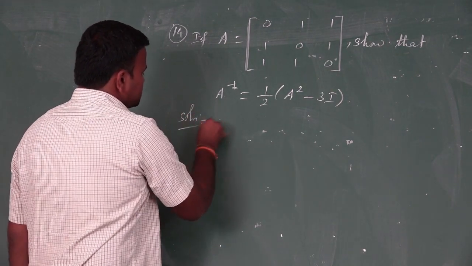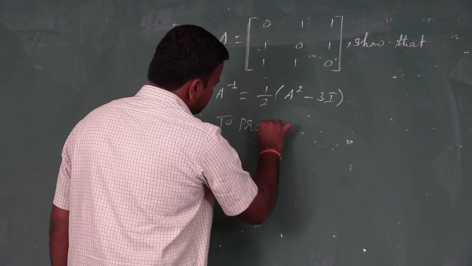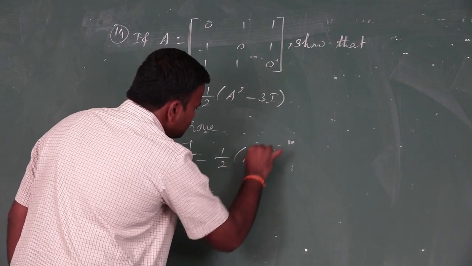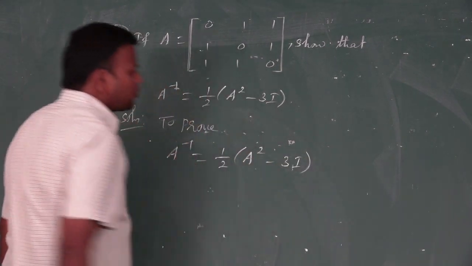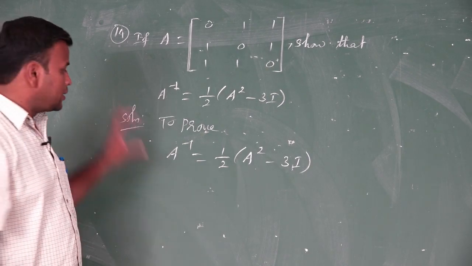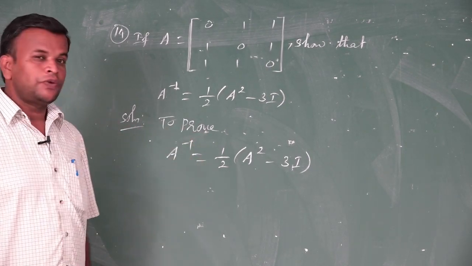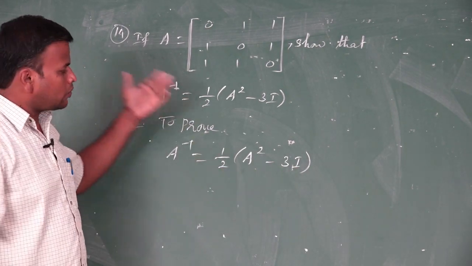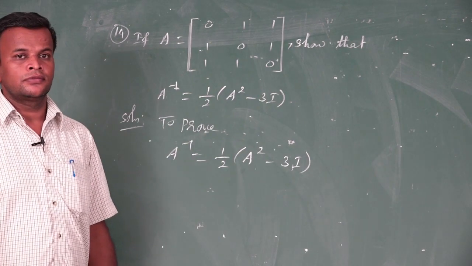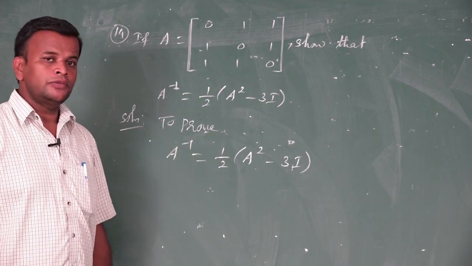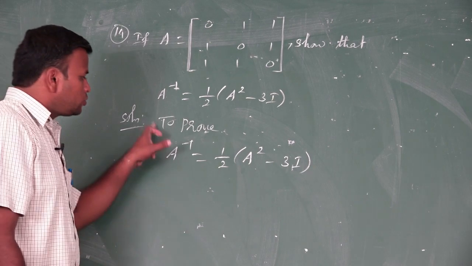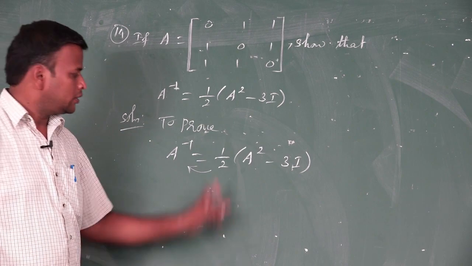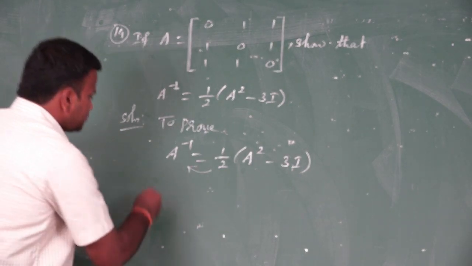So to prove in this sum, A inverse is equal to 1 by 2 of A square minus 3A. In direct way, LHS. In RHS, first we find A square and minus 3I, we simplify. Okay, do 1, 4 or 5 step is there. So we avoid this 4 or 5 step. We do one more way. So to prove in this manner, I will take this 2 inside. Okay, the denominator become that side numerator.